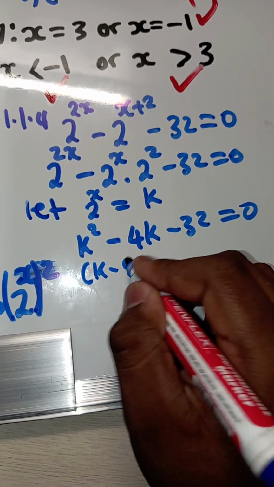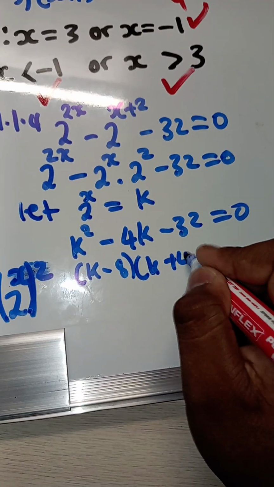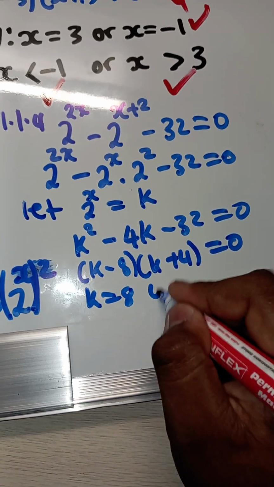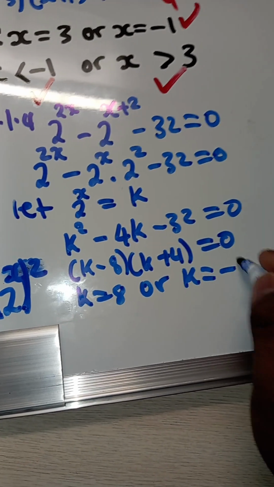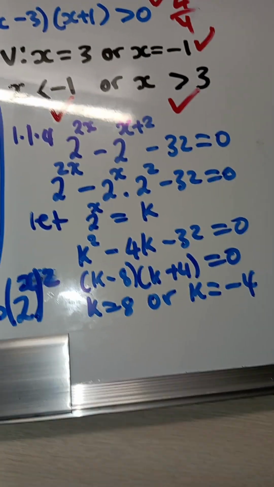k minus 8, k plus 4 equals 0. Then now I just have k equals 8 or k equals minus 4. What does it mean now? We have the values, but